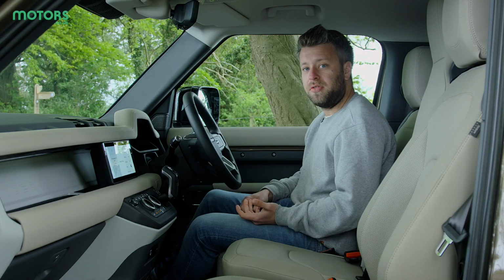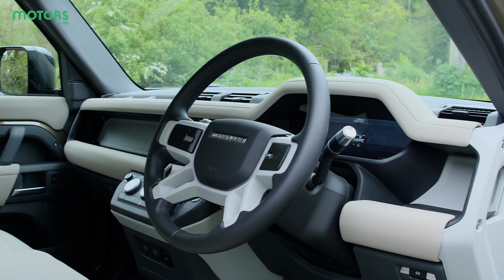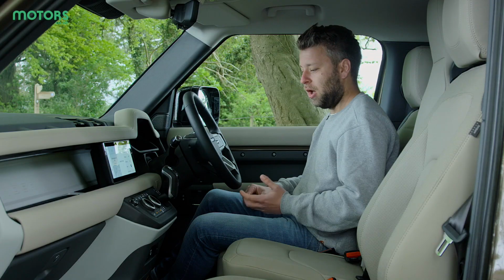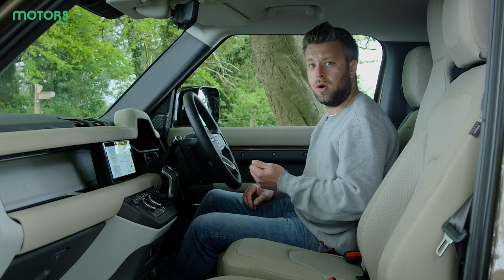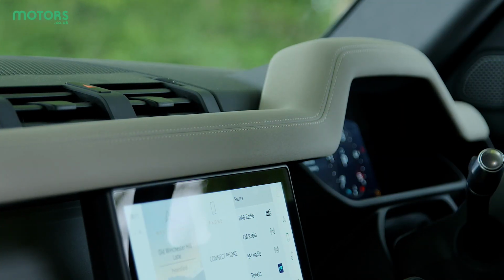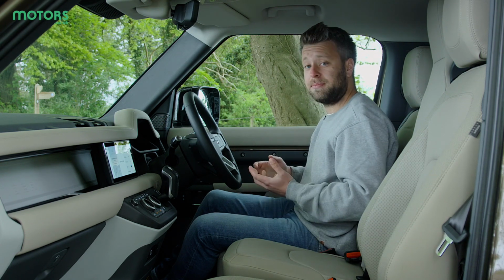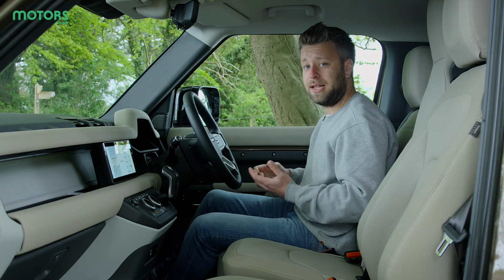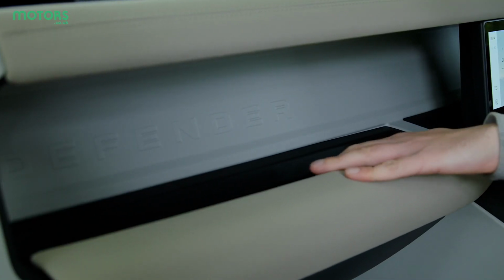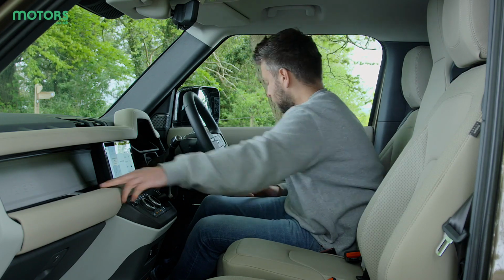The interior of the 90 is pretty much identical to the one that you'll get from the 110, which means we've got a really nice combination of rugged yet high quality feeling materials. There's this stitched effect up here and everything feels rubberized and built to last. But there has been some thought put into the practicality of the car too. So you've got some really nice rubber lined mats down there for storing loose items, and you've got deep door